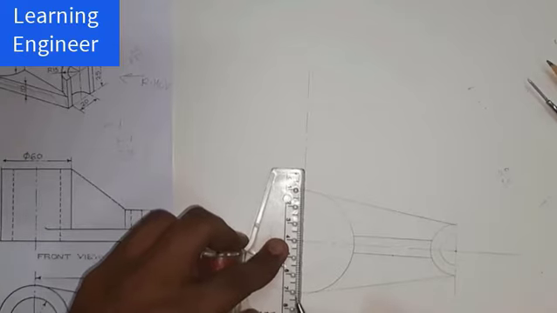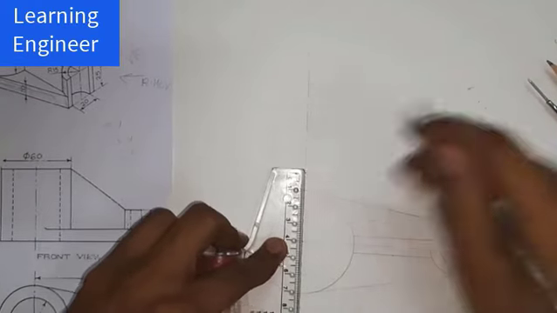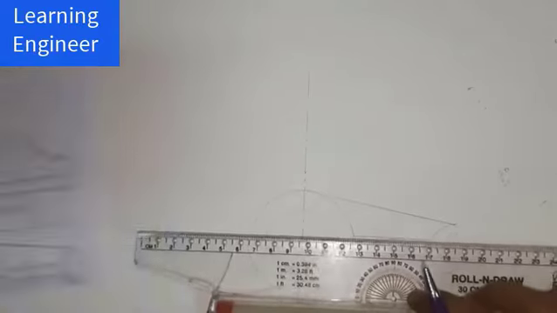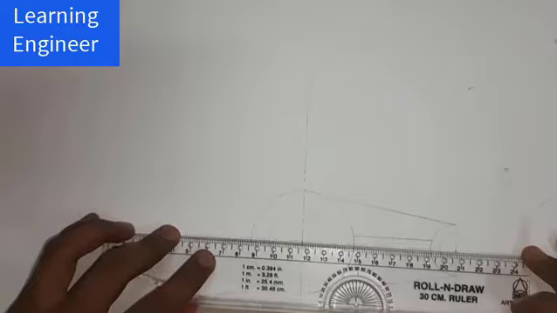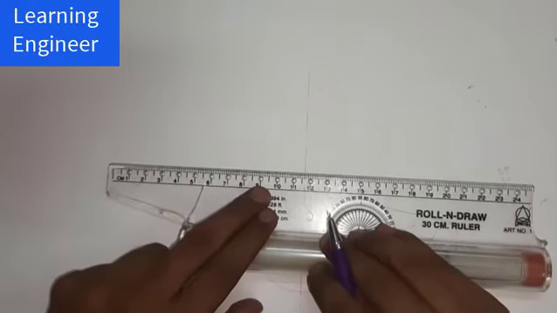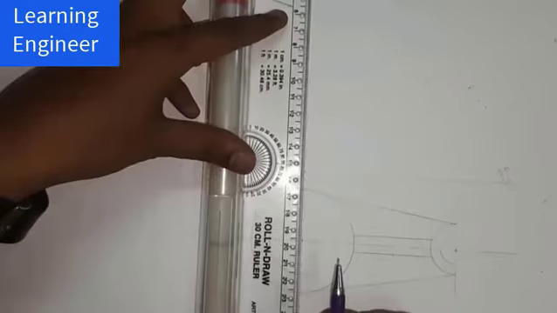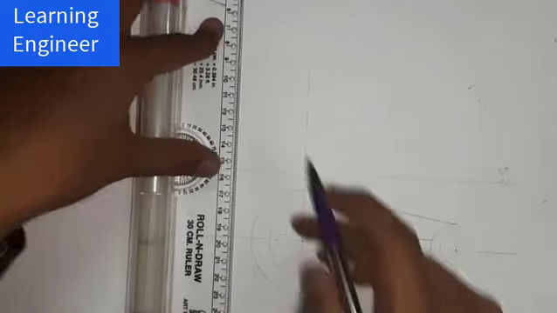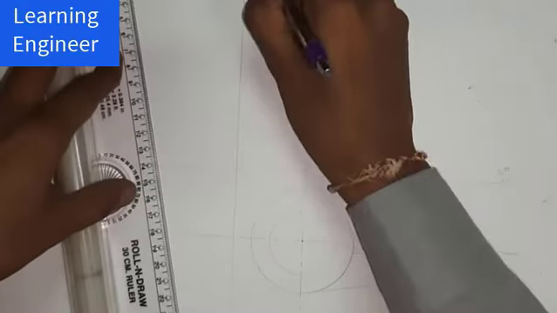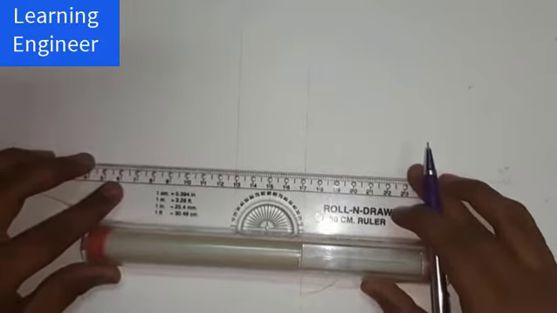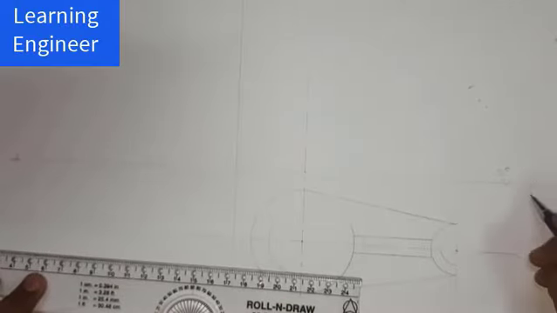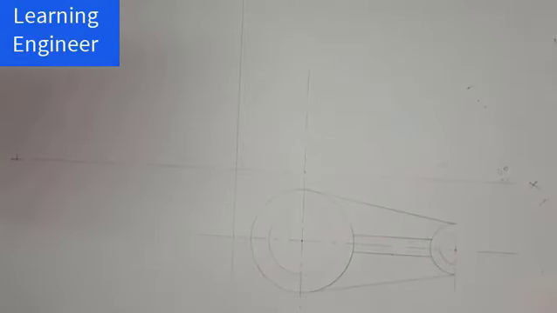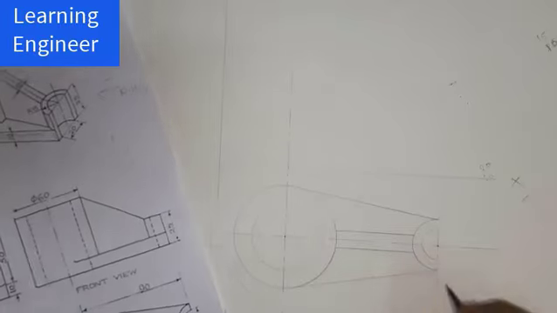Now first of all, the very first thing is I should draw the X, Y line. Okay, then I can proceed. But over here I am having that option. I have marked 10 millimeter, and now I am drawing the XX line. So we can see the reference line. So this is our YY, and let me extend this XX. This is our XX line. We have drawn the top view.